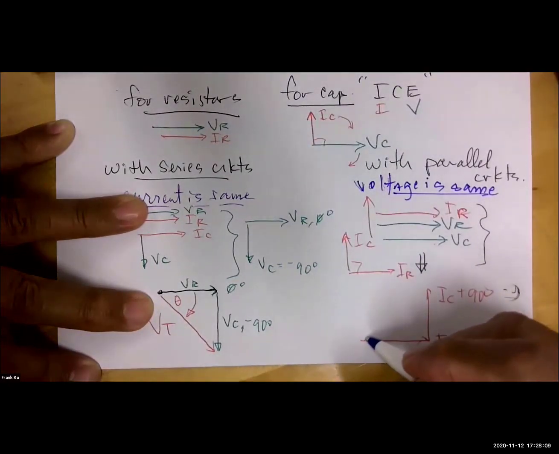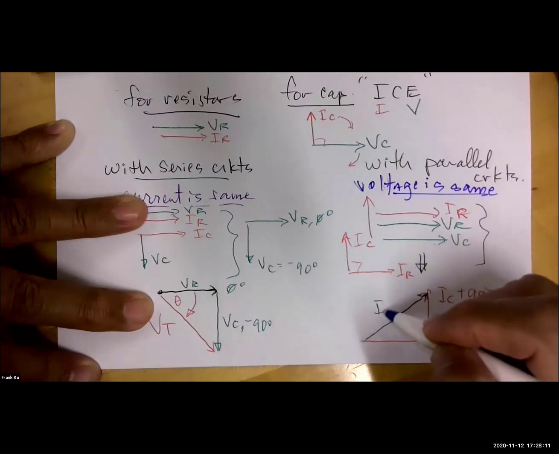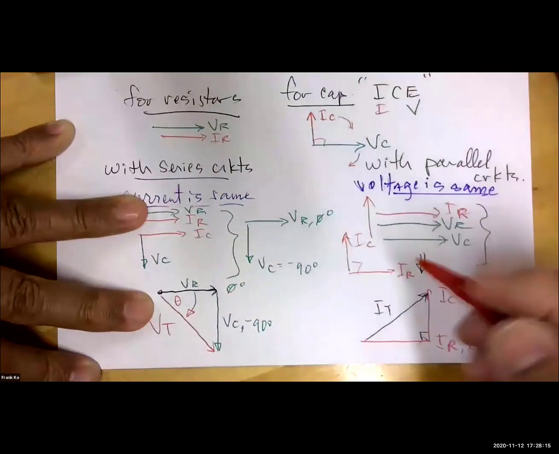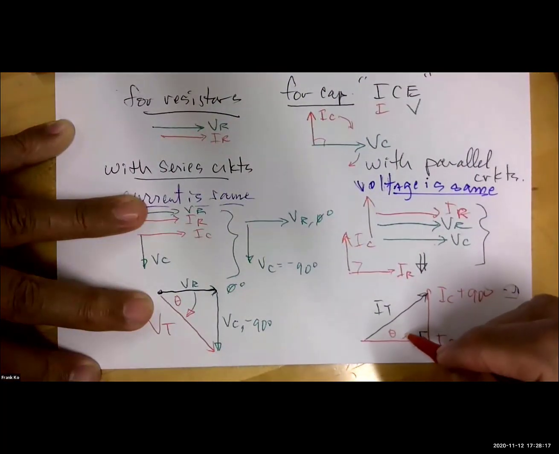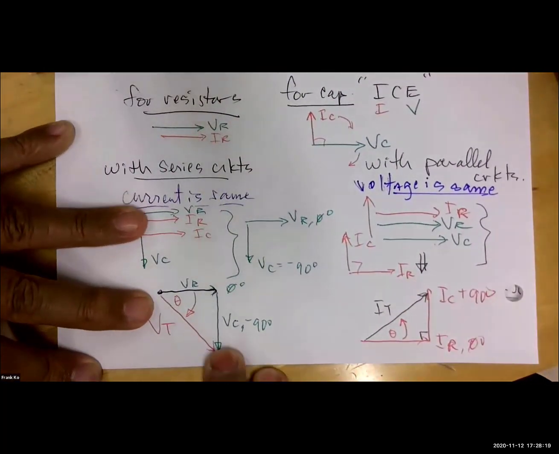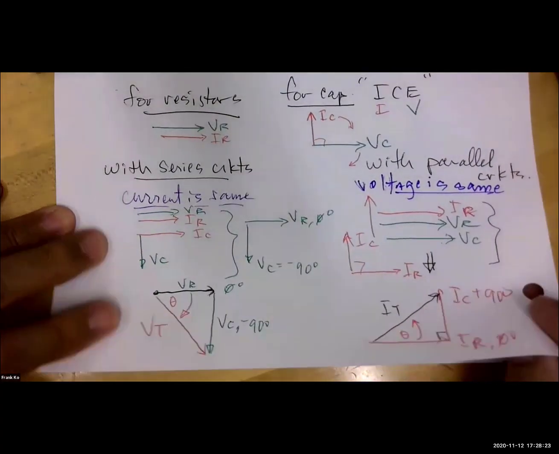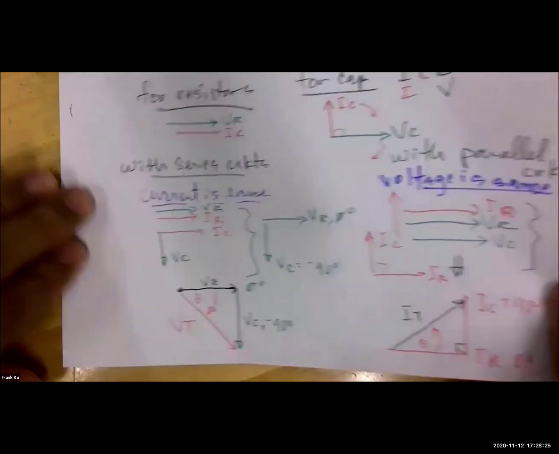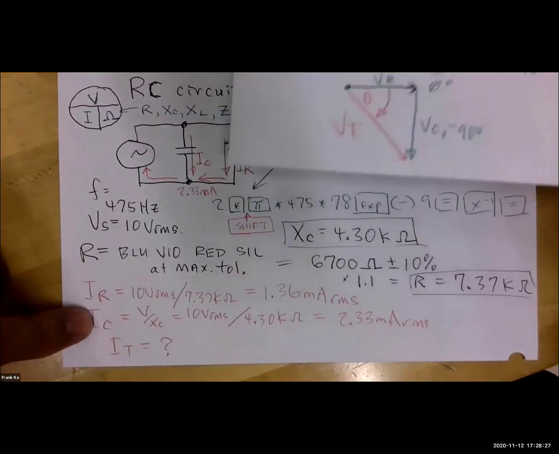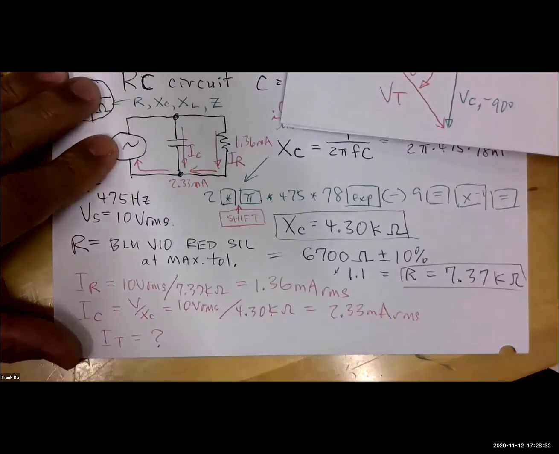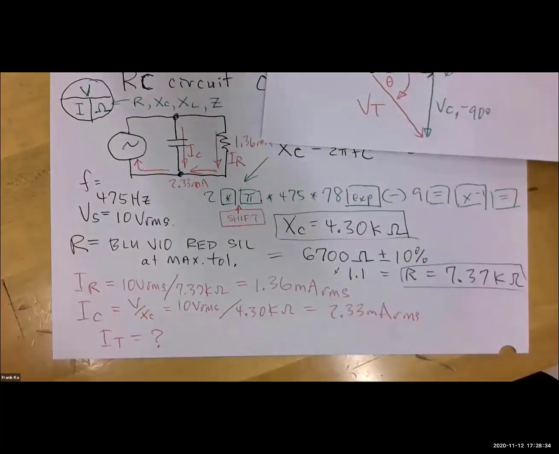And what I'm finding is my I total using Pythagorean theorem. And my angle of theta in this case is a positive phase angle. So based on this, you should be able to now recognize how to combine your phasors for this exercise, and that becomes nothing more than